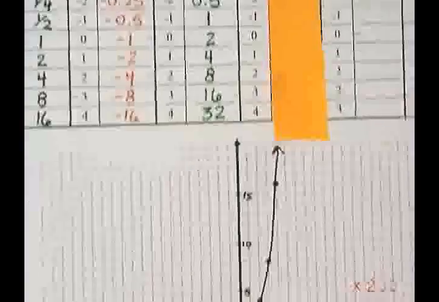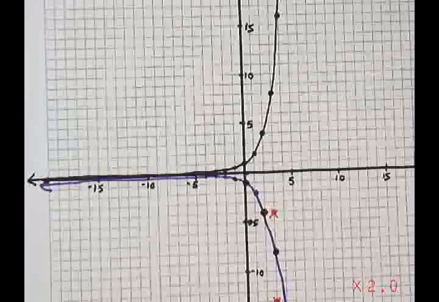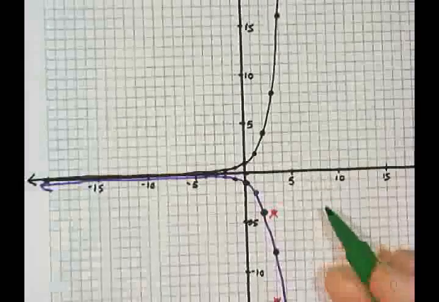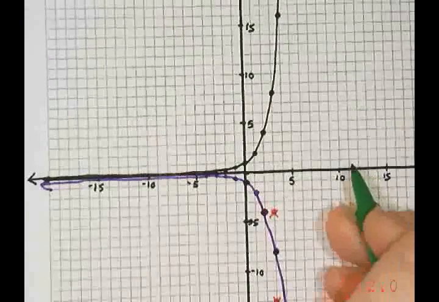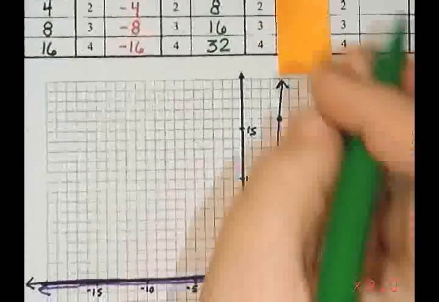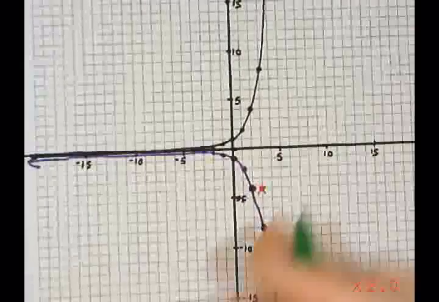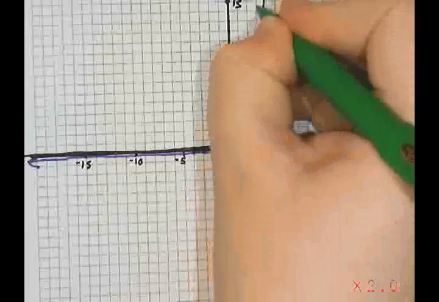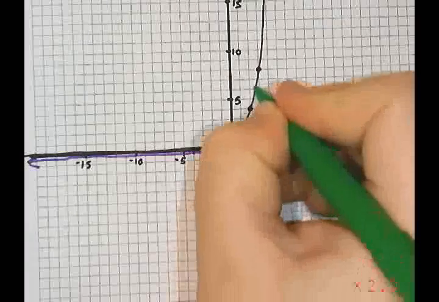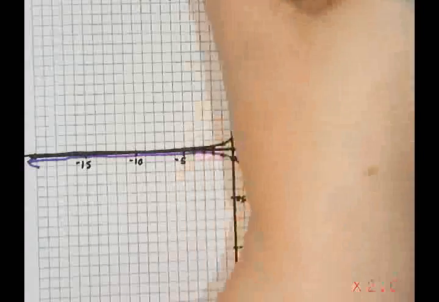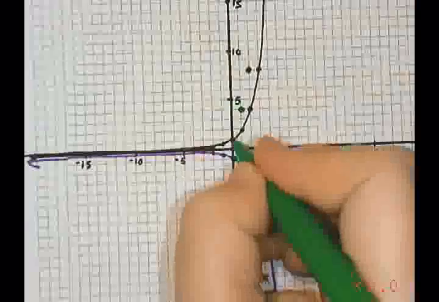Okay, so we're going to plot them down here on the graph. It's going to get pretty busy once I get all of these on here. So 4 and 32, my graph doesn't go to 32, it only goes up to 20. So I can't actually graph that one. The next one is the 16, so I can't put that on, but I can do 16. So 3 and 16, I'm going to go to 3 and 16, 2 and 8, 1 and 4, 0 and 2,